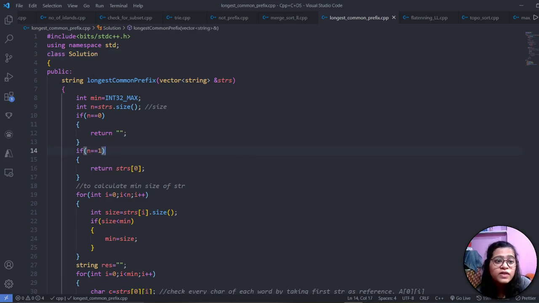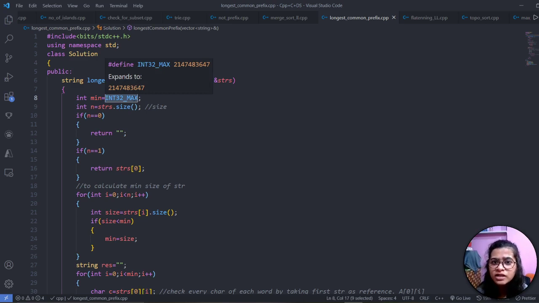I have taken a function longest common prefix and a vector array. Then I have declared a variable min and initialized it as INT_MAX, the maximum value of an int.